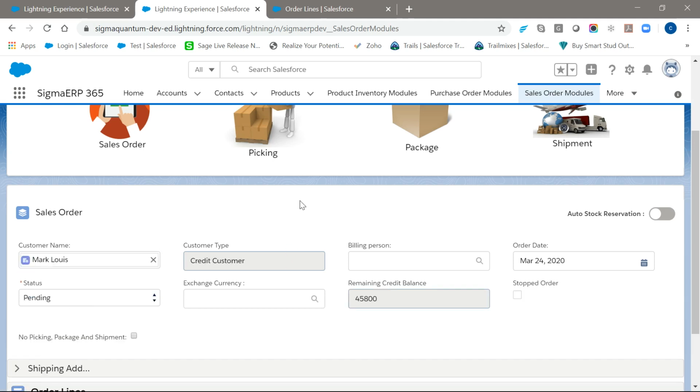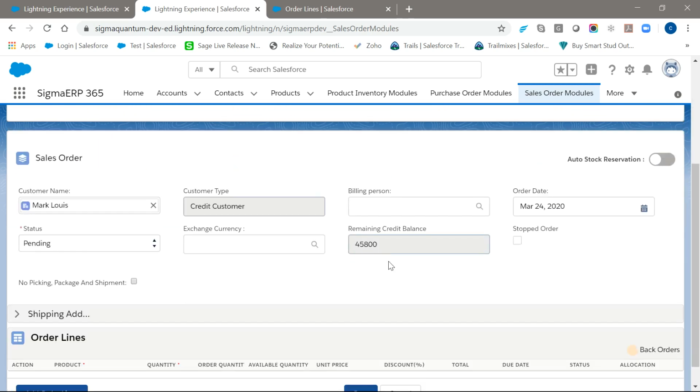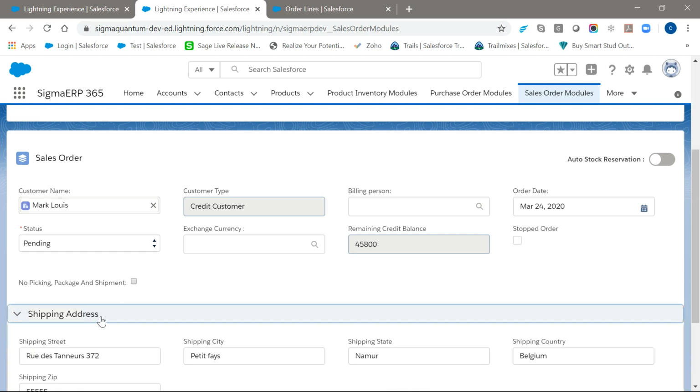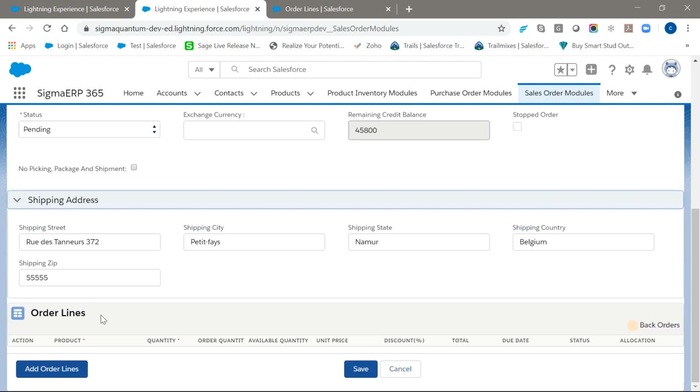As I said, the customer type and other details which are mentioned in the customer record of accounts will be defaulted. And if I want to add any additional information, such as the shipping address, if I want to change, I can always go ahead and change it here.